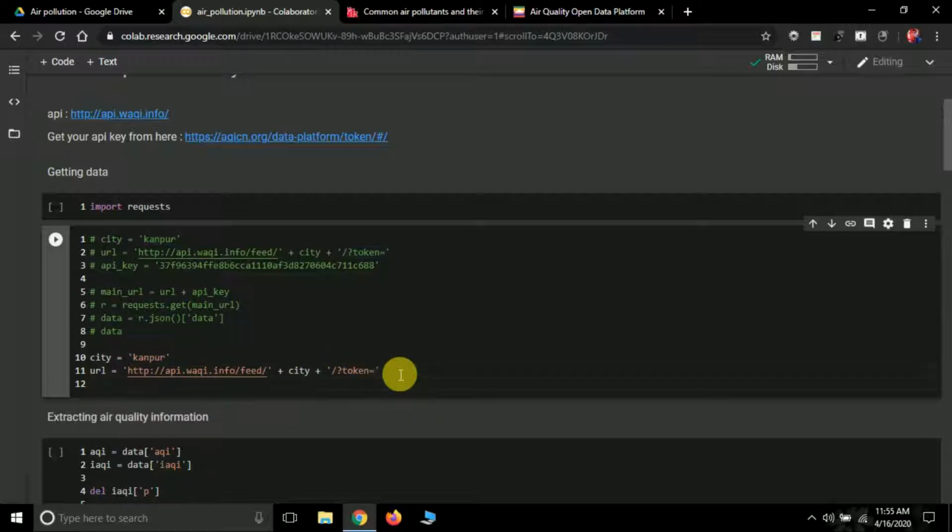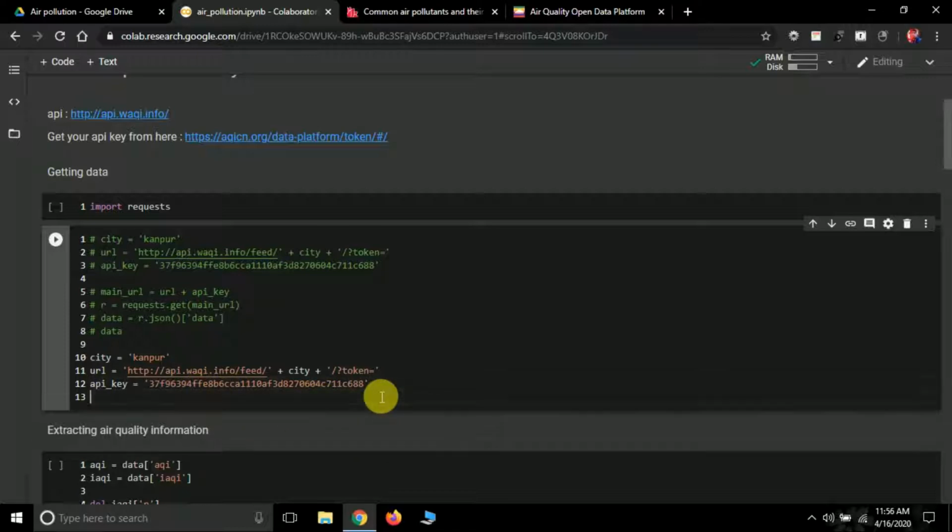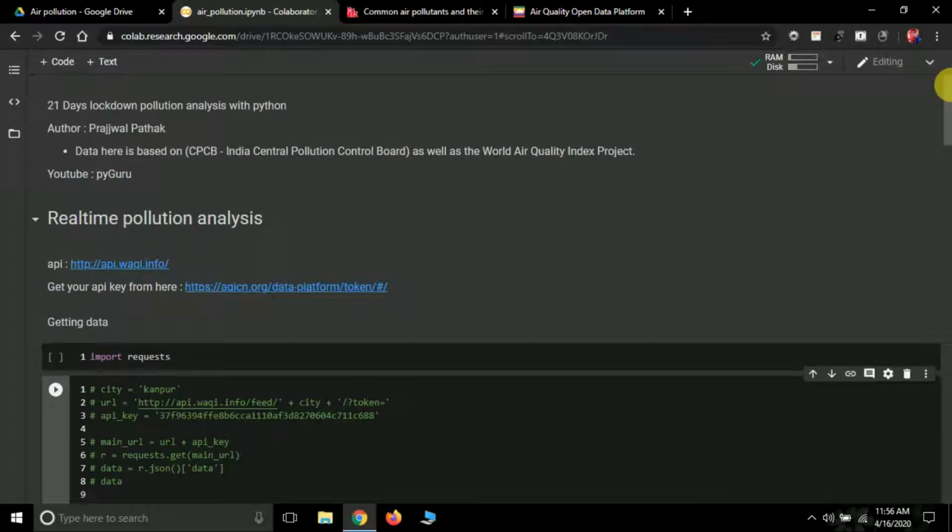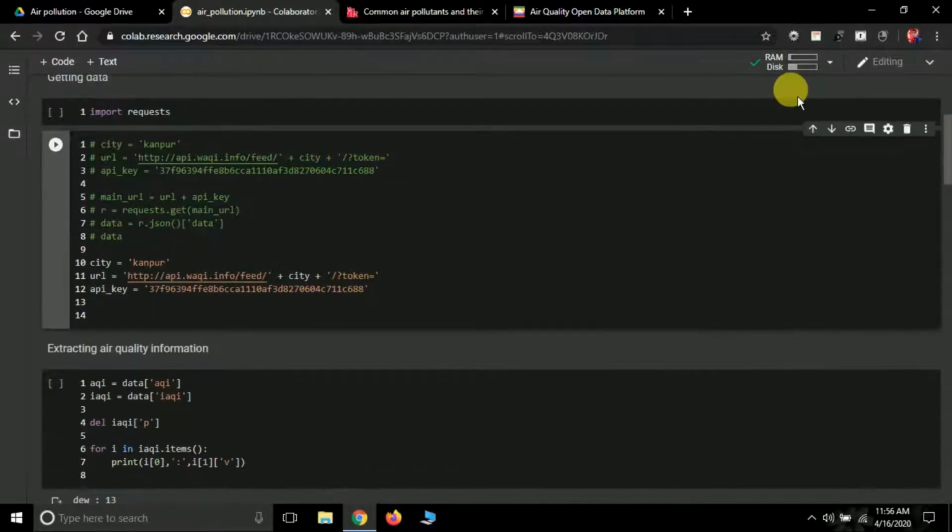Okay, finally we are going to create an API key variable which will store the API key. So if you have got your API key, it's good. Otherwise you can just use my API key. Also remember, my API key may change, so it's better to generate one yourself. This API key is necessary for accessing this API. Okay, WAQI API. So we have created 3 variables here.